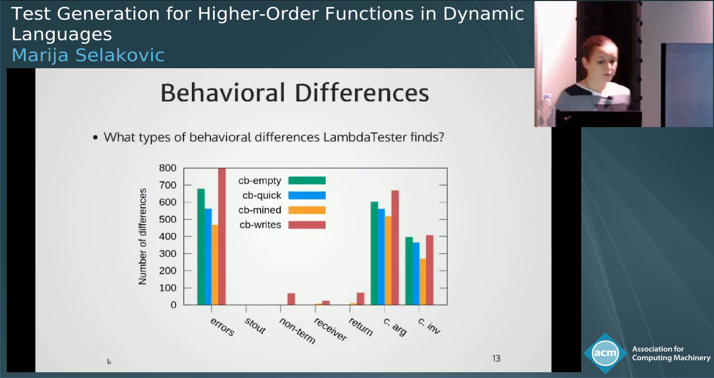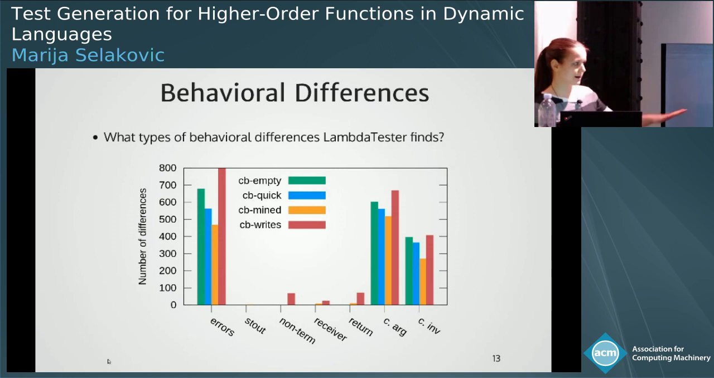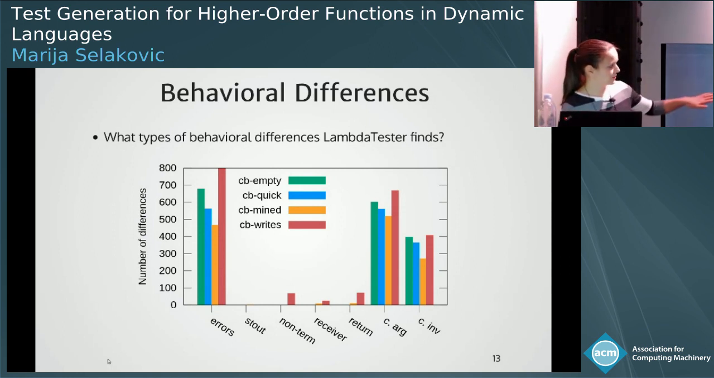So now we show what types of behavioral differences each of these approaches find and how many of them. On the x-axis of the graph, you can see the types of behavioral differences. I hope they are understandable. On the y-axis, there is the total number of behavioral differences found by each approach. From this graph, we can also see that CB Write's approach outperforms other approaches when it comes to all